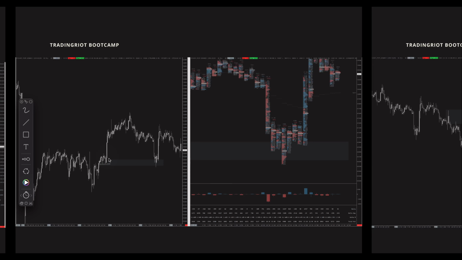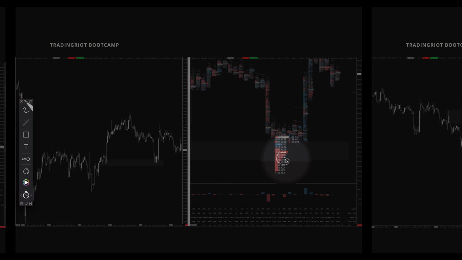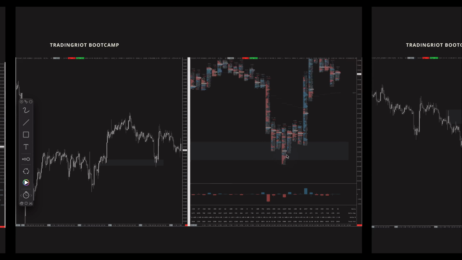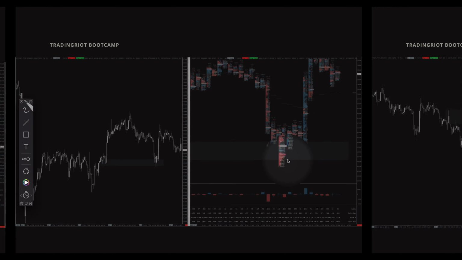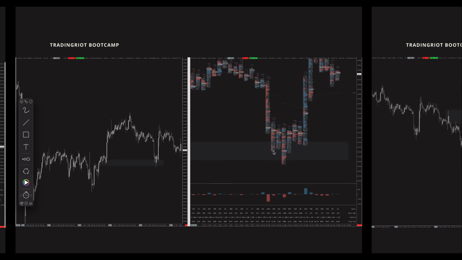Okay, it's not as simple as drawing a rectangle and slapping your order there, because you have this clean, unfinished poor low here. And as you can see, the market trades it, a lot of selling coming into it. These can be both stops or aggressive sellers trying to push it. It's unable to do it, makes this kind of lower time frame